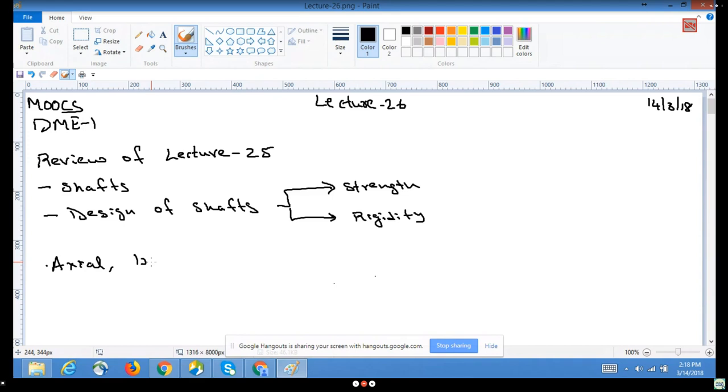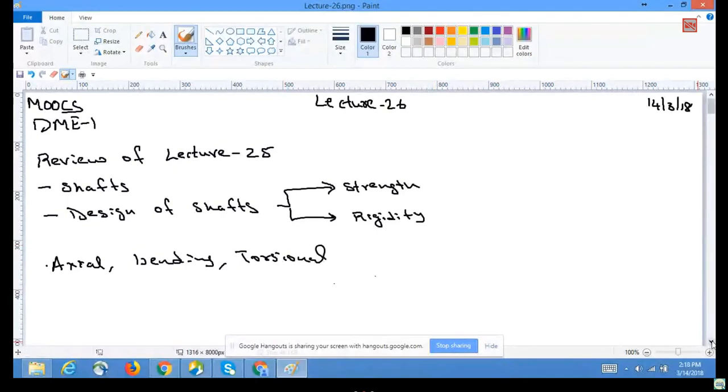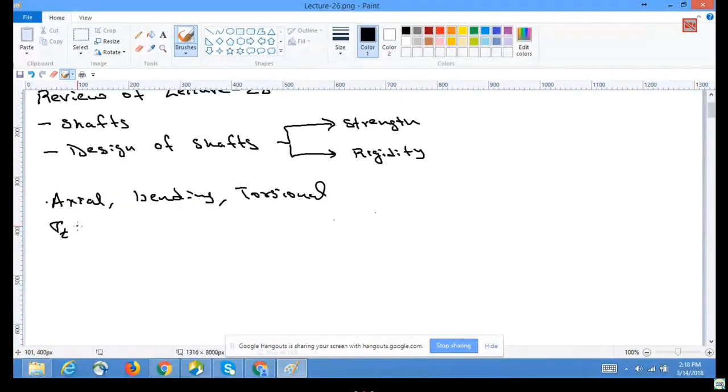and torsional. And we have designed a couple of shafts based on this. The base such as is equals to 4 divided by pi d naught square 1 minus. So we did it mostly for the circular